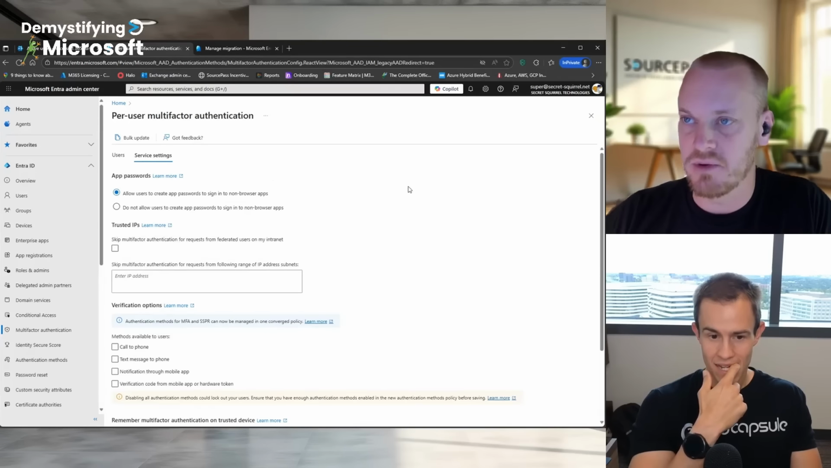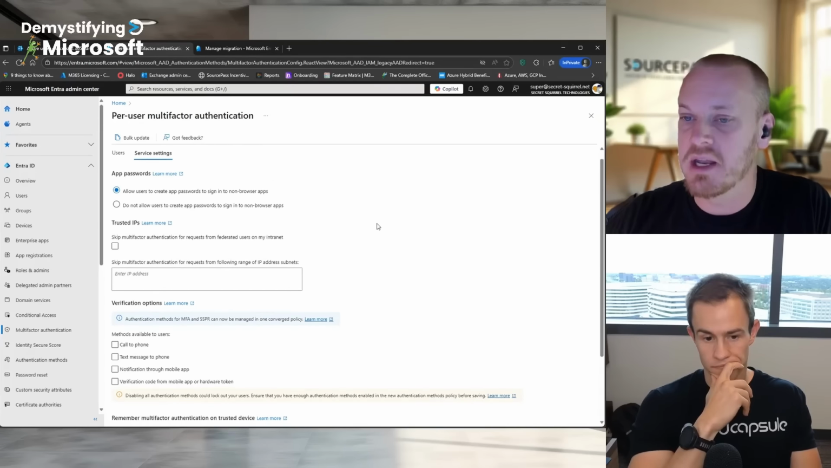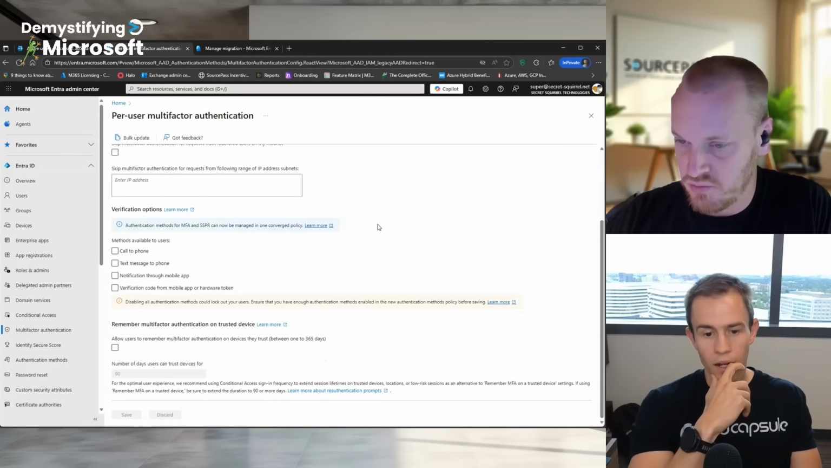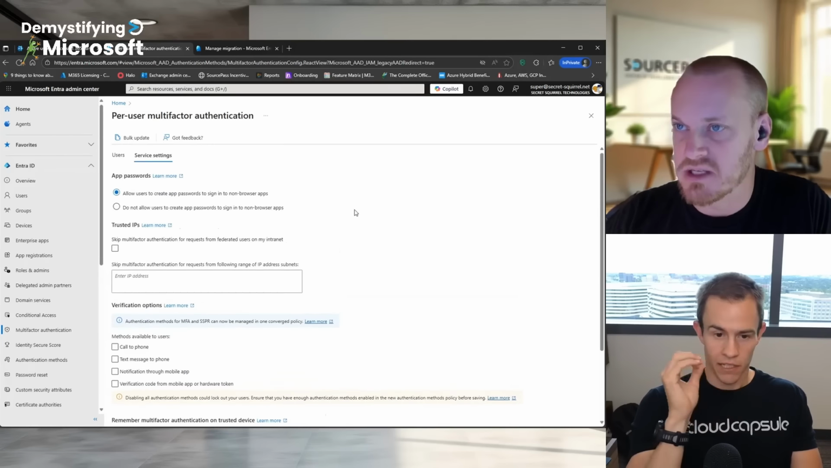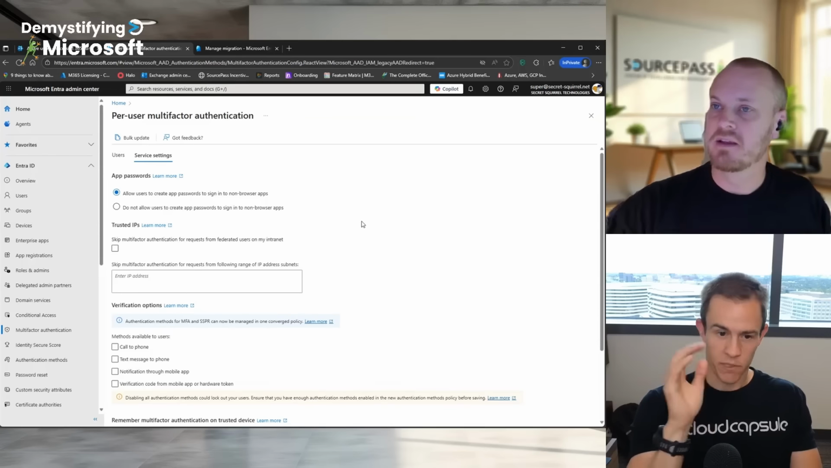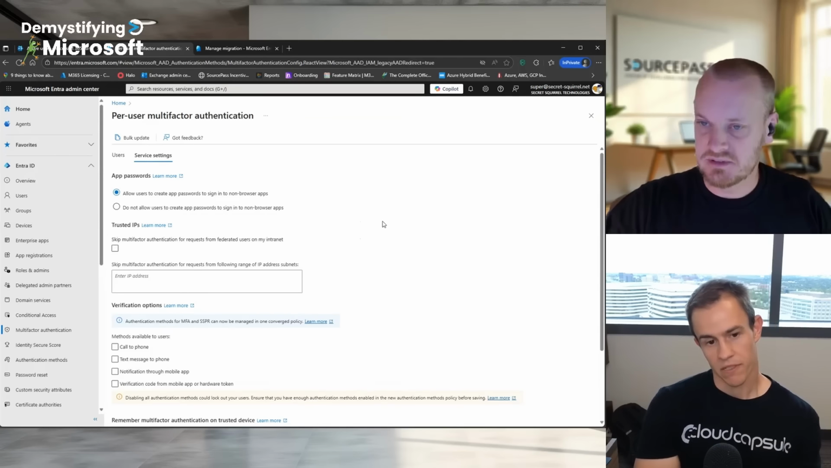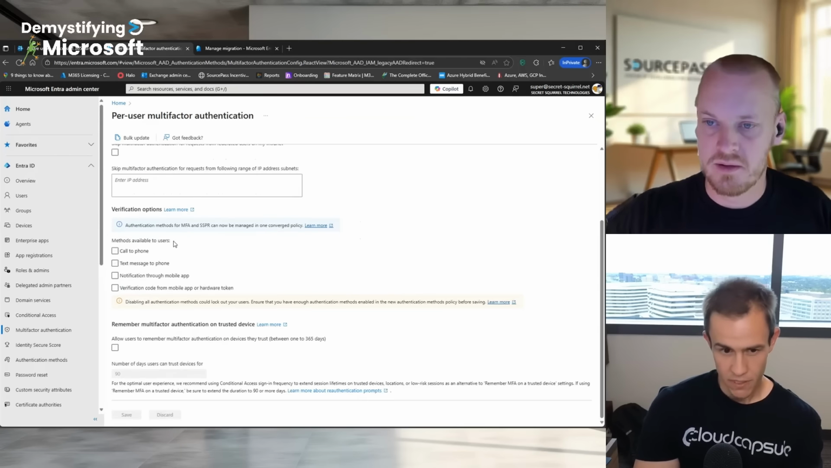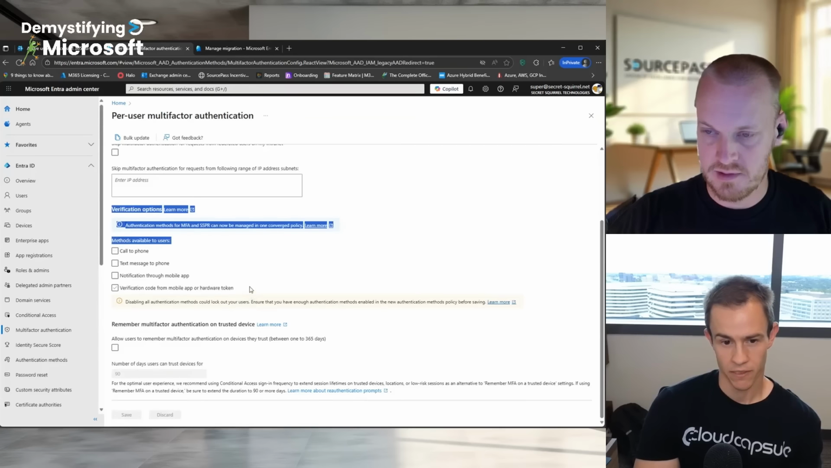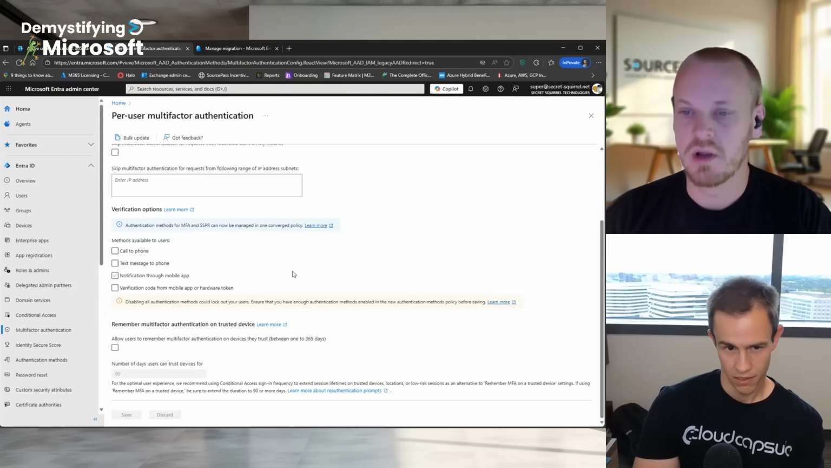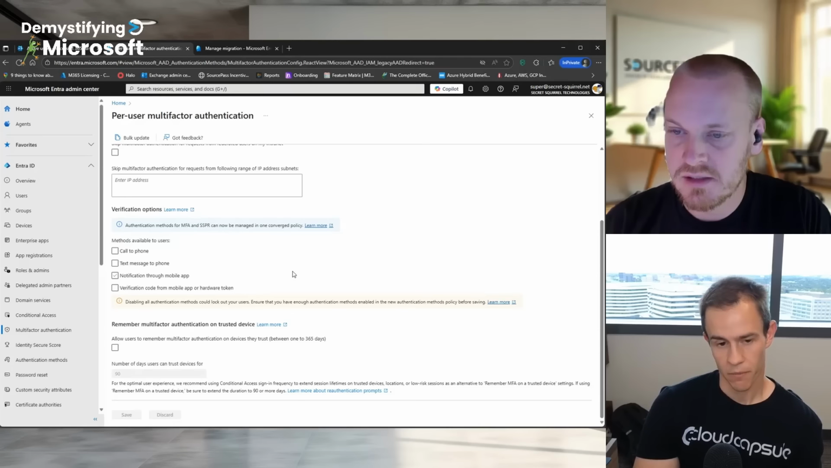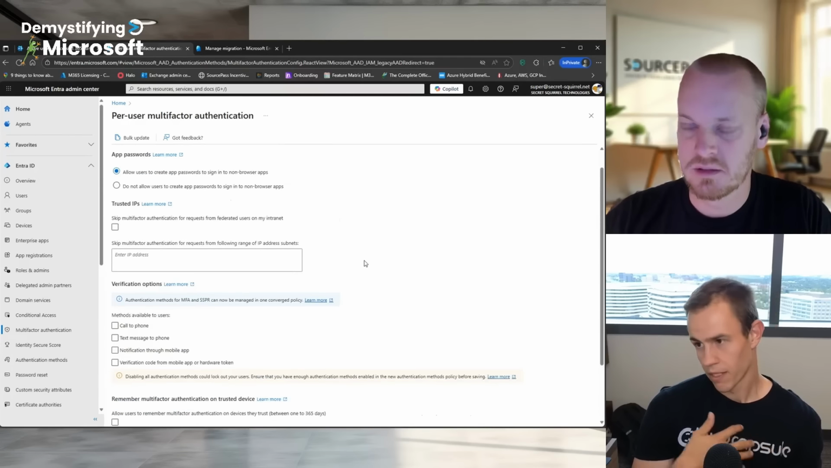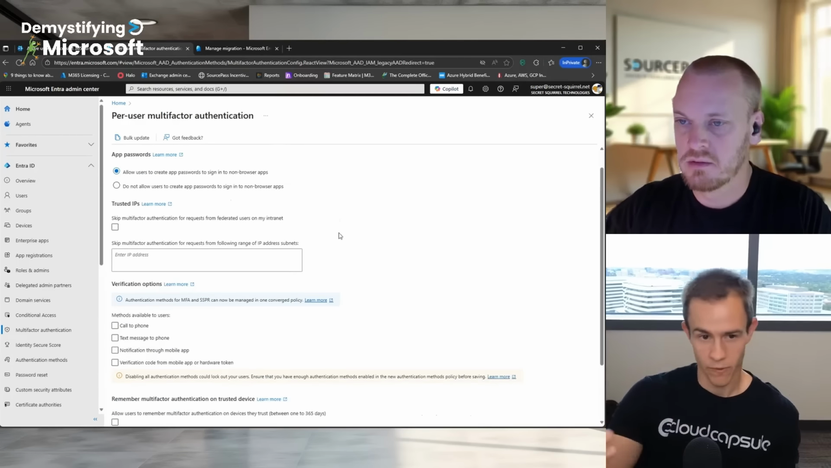That September 30th change is being deprecated and will no longer apply, which is basically what this migration is saying. Specifically, that verification options section. Technically, they're not actually deprecating the ability to create app passwords yet, or set the IPs in that sense, even though obviously you should try to move that into conditional